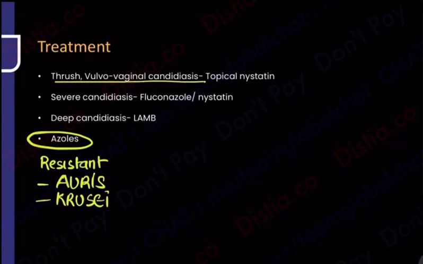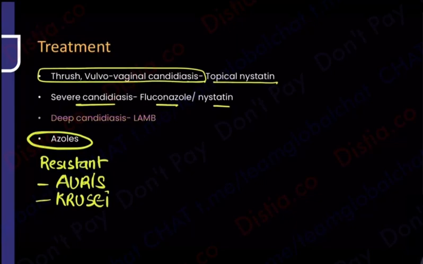For these two very common ones, that is oral thrush and vulvovaginitis, topical nystatin is also preferred. For severe cases, we can go for azoles or for nystatin. But for deep candidiasis, for organ involvement, liposomal amphotericin B is given. So usually it is azoles and nystatin, and for deep it is going to be liposomal amphotericin B. Okay, having said that, Cryptococcus done, Candida